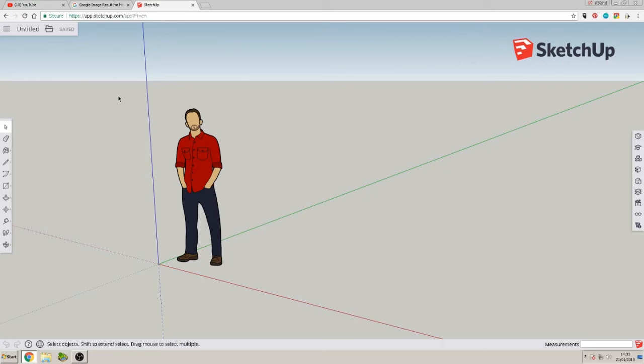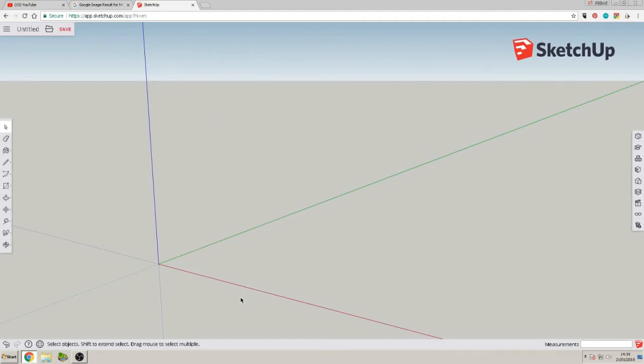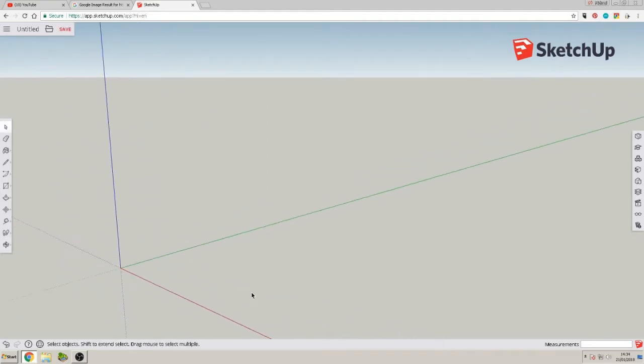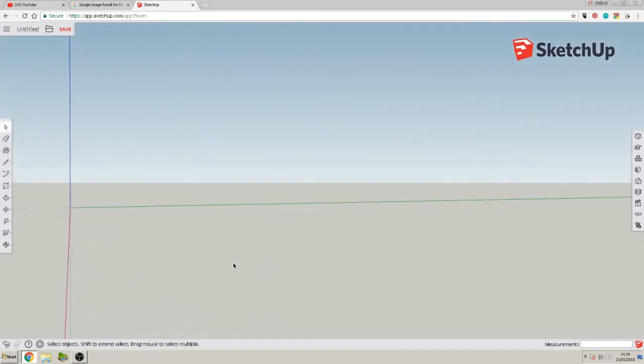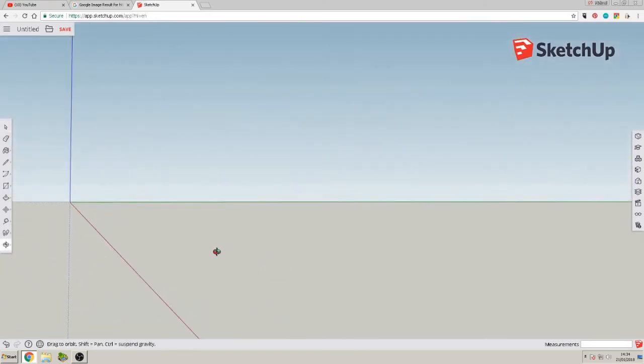So yeah, if you're going to have to use this because you're not going to buy the pro version and you don't want the old one for whatever reason, I mean, I still think the old one's fine, but it will go out of date as SketchUp progresses. That would be the problem. You're going to end up in a situation where you won't be able to use plugins. So let's get rid of this guy for a start. And I'm going to make a start seeing if I can reproduce that screw thread